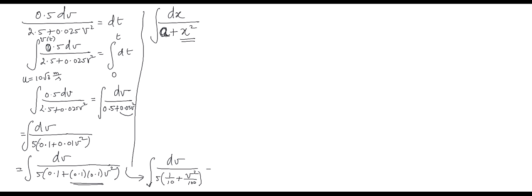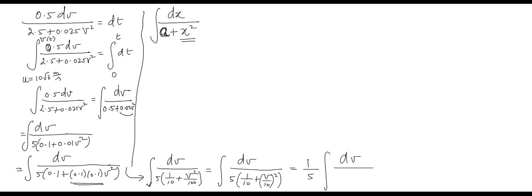Okay, so now I go for the integral dv divided by 5 times, and I could write this as 1 over 10 plus v over 10 whole squared. Is it okay? Now you see beautifully things are popping up. So now this can also be written with 1 over 5 taken outside, so integral dv divided by